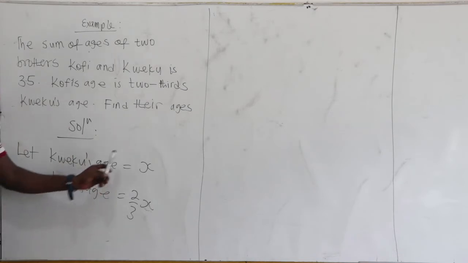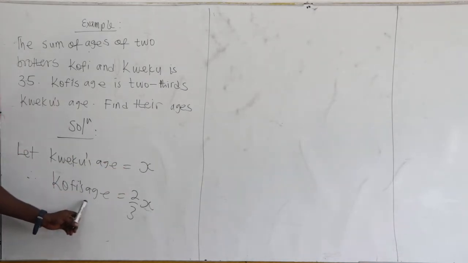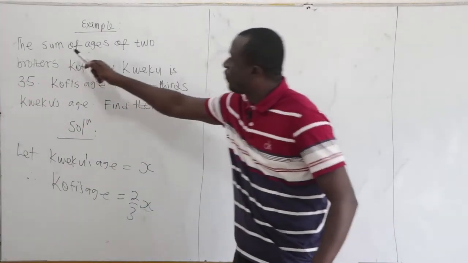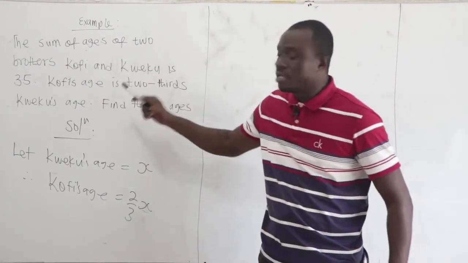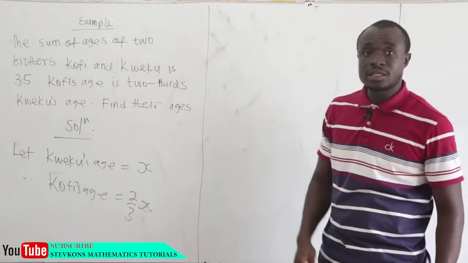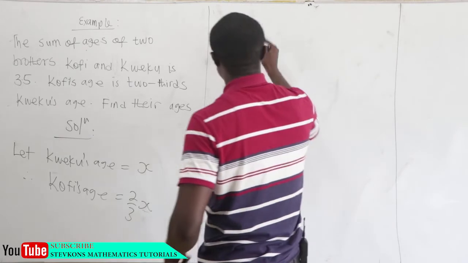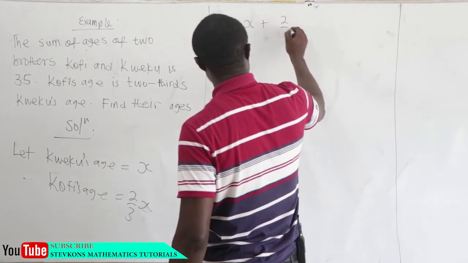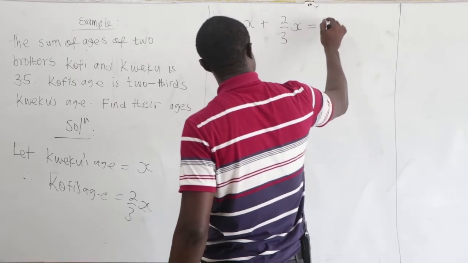So if Kweku's age is x, hence Kofi's age will be 2 over 3x. Now, what are we told? The sum of the ages of the two brothers is 35. It means that Kweku's age plus Kofi's age is equal to what? 35. So in this case, we have x plus 2 over 3x, and this is equal to